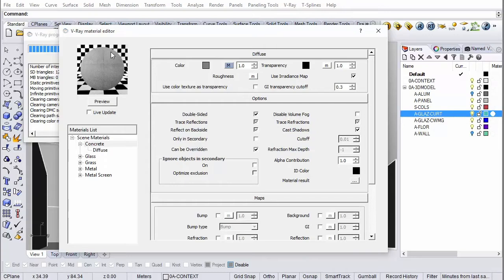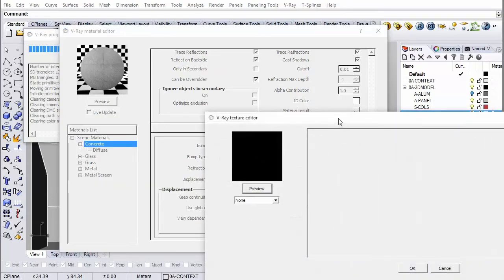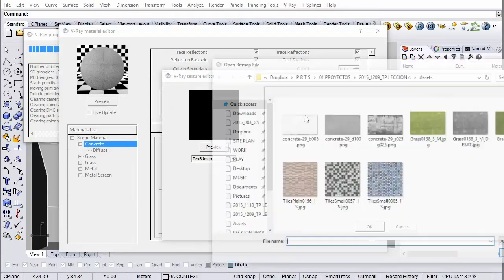Now, the one other thing that we're going to do here is add a bump map. That's at the bottom of every standard material. Under Maps, you click Bump, OK. And then again, click to add a map. And then click Bitmap. And then just point it to our bump material.